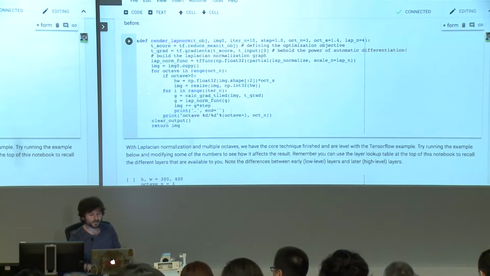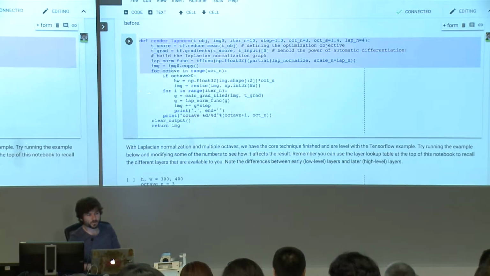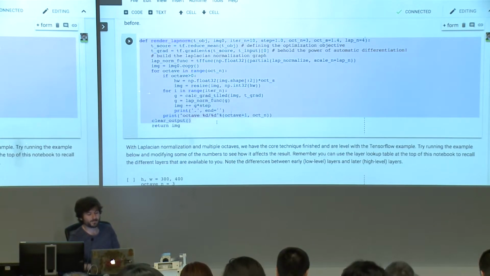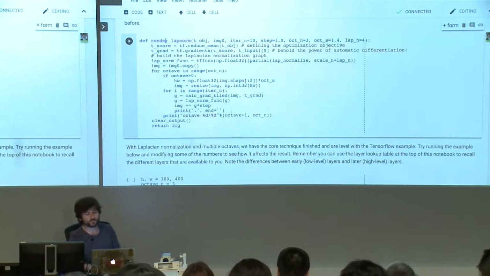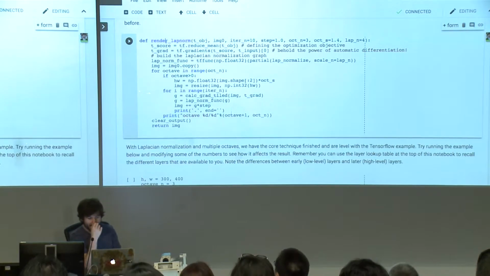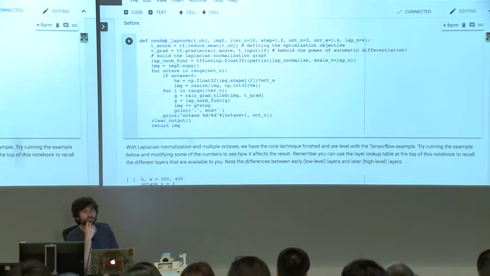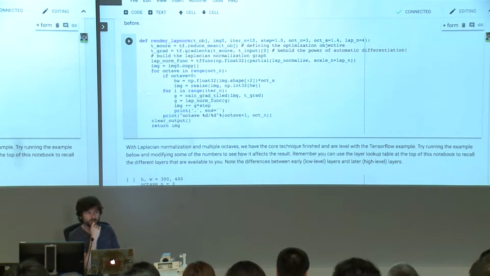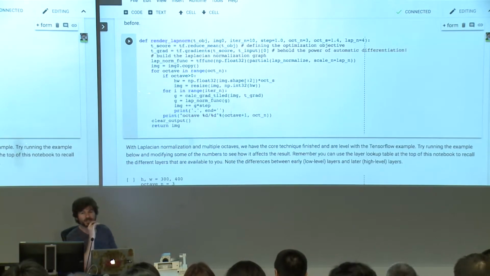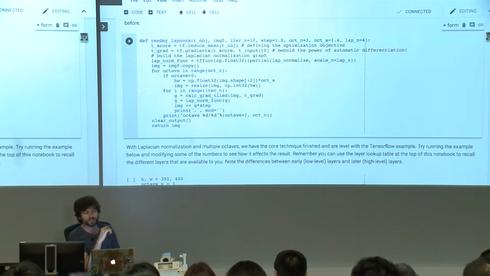Now the last function, or not the last one, but the last innovation, is called RenderLaplaceNorm. It takes this multi-scale approach, and it also uses what's called Laplacian normalization. We're not going to talk about Laplacian normalization in any detail because it's beyond the scope of this class, but it's a technique from computer vision, which is used